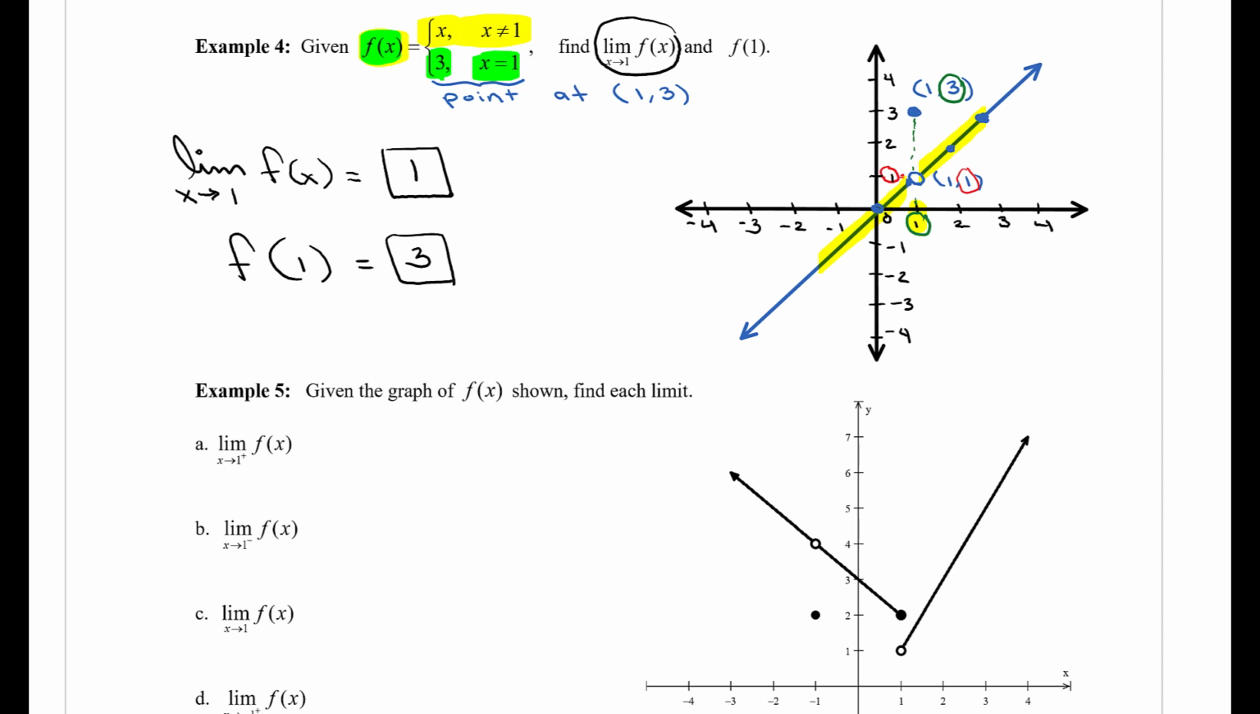And here for f of x, we have a coordinate plane that's focused in quadrant 1 and quadrant 2. We have a closed circle point at -1 comma 2. At x equal to 1,